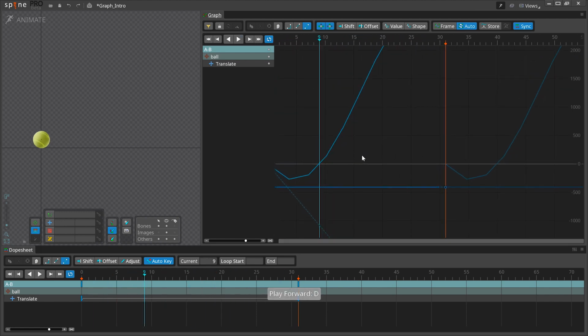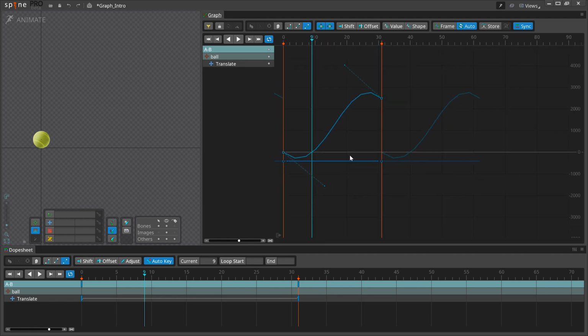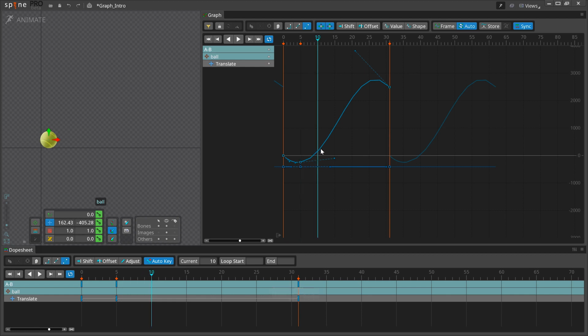One little note. See how the curve bends here? When a curve bends sharply or it's very large, it may be possible to see the line segments that make up the curve. This is not a bug. The graph shows exactly how the curve is approximated at runtime. If a curve is not smooth enough, it is easily remedied by adding keys.